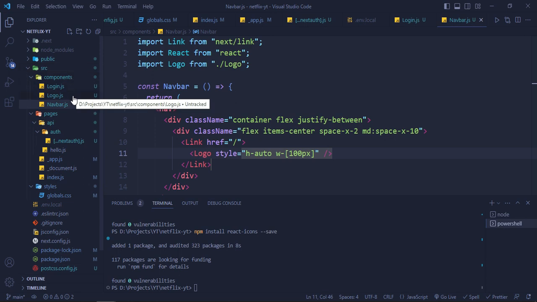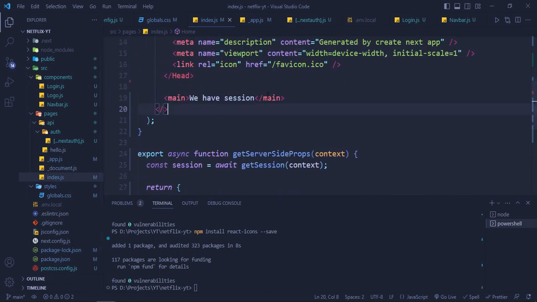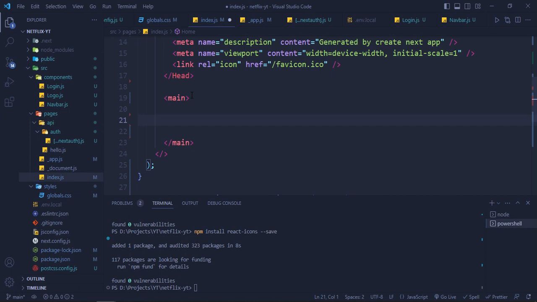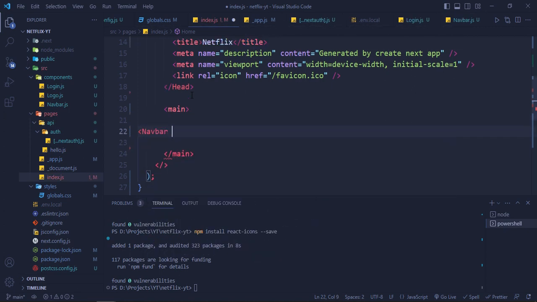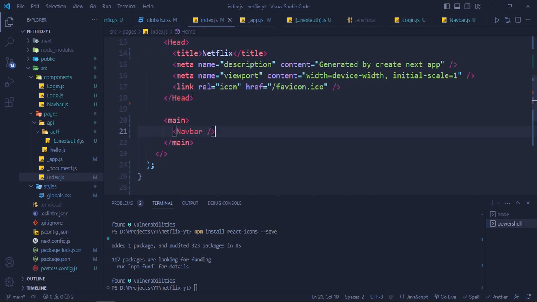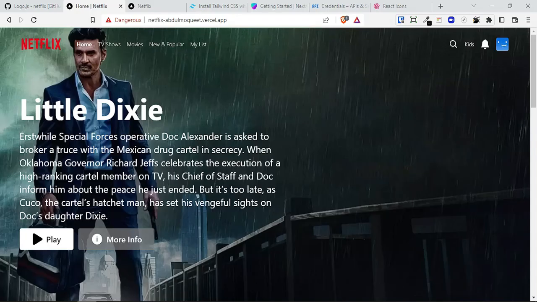Let's just keep it in the index.js for now. For now, let's just remove this and just render our navbar like so. Okay, so we should be seeing our navbar. Yeah, we have our logo,